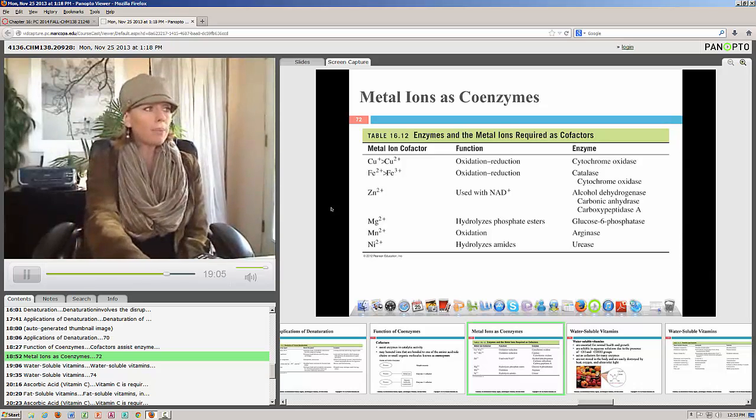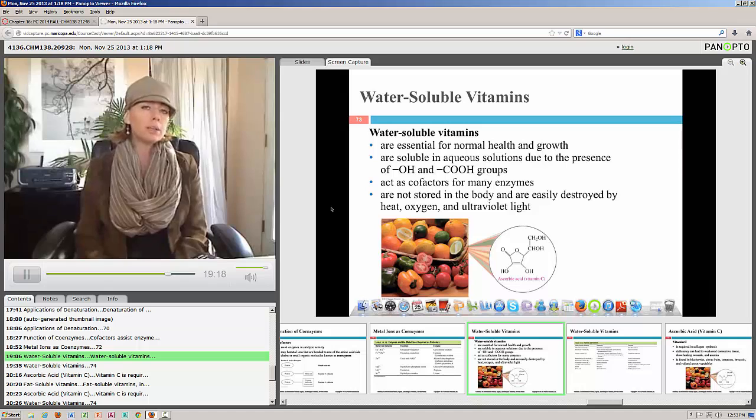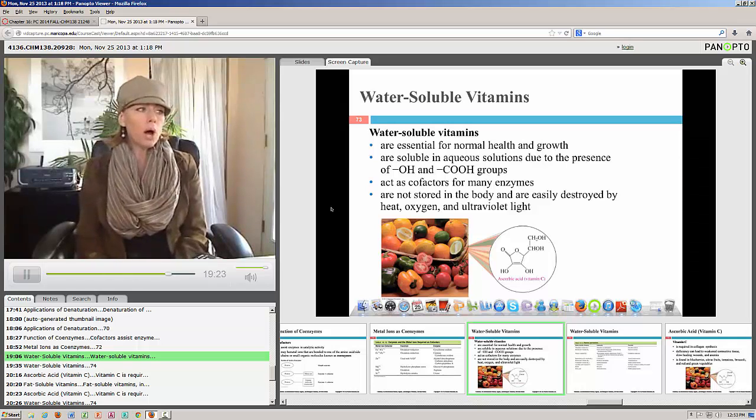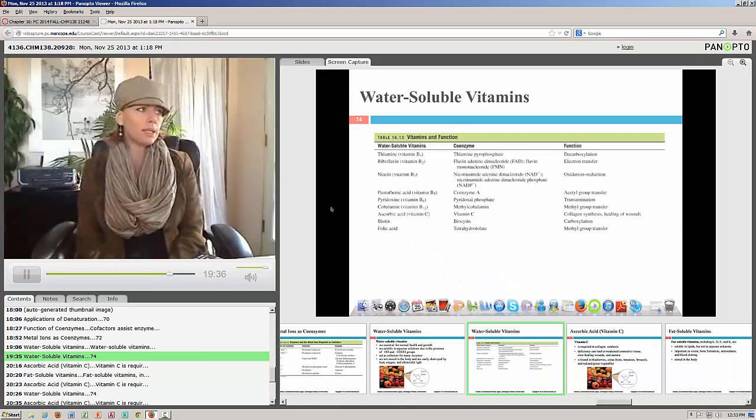And so if you happen to be low on those types of minerals, then your enzymatic reactions may not be working properly. So it's always important to pay attention to your nutrition, make sure that you're getting all of the minerals and vitamins that you need. There are water-soluble vitamins that help with cofactoring the enzymatic reactions, including citric or ascorbic acid, which we call vitamin C. These types of water-soluble vitamins are listed in table